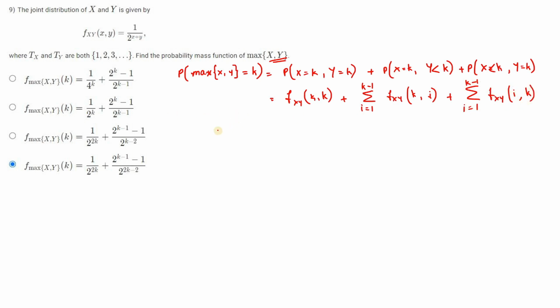And now that is equal to, what is fxy of k comma k? That is 1 divided by 2 to the power of x plus y, that is k plus k, 2k, that is 2 to the power of 2k plus